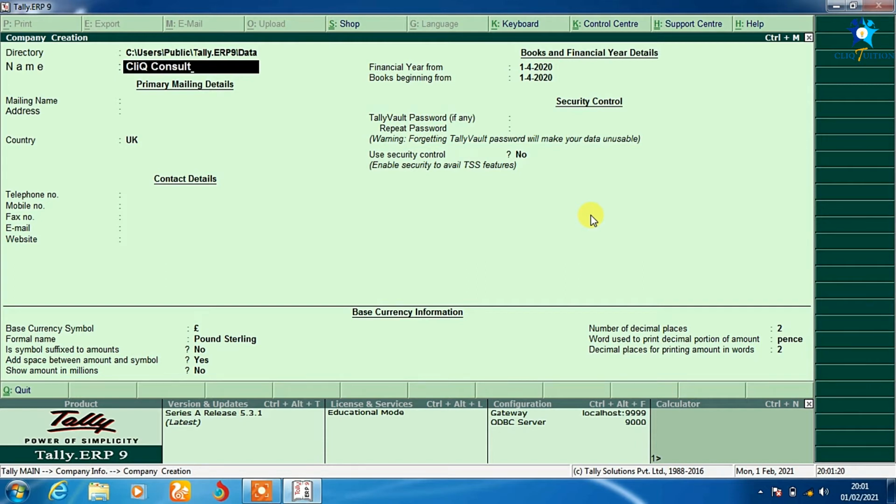Consult, and then mailing name. A lot of businesses would have their mailing name being the same as the name of the company, but in an instance where your company's mail goes to a different person, assuming the company mail goes to John Yao, it means that yes, we'll be sending the mail to Click Consult, but then the name on our mailing address is John Yao, right? Good. Now our address,